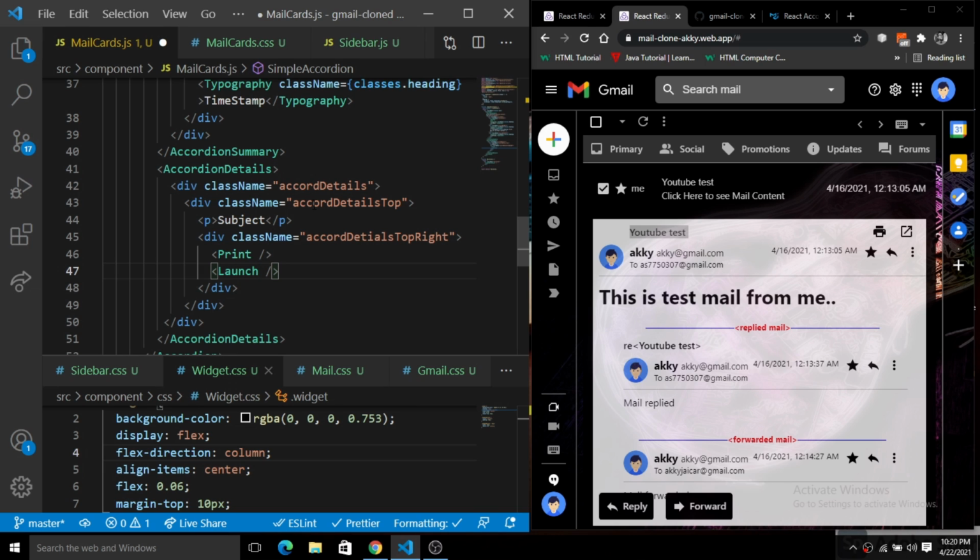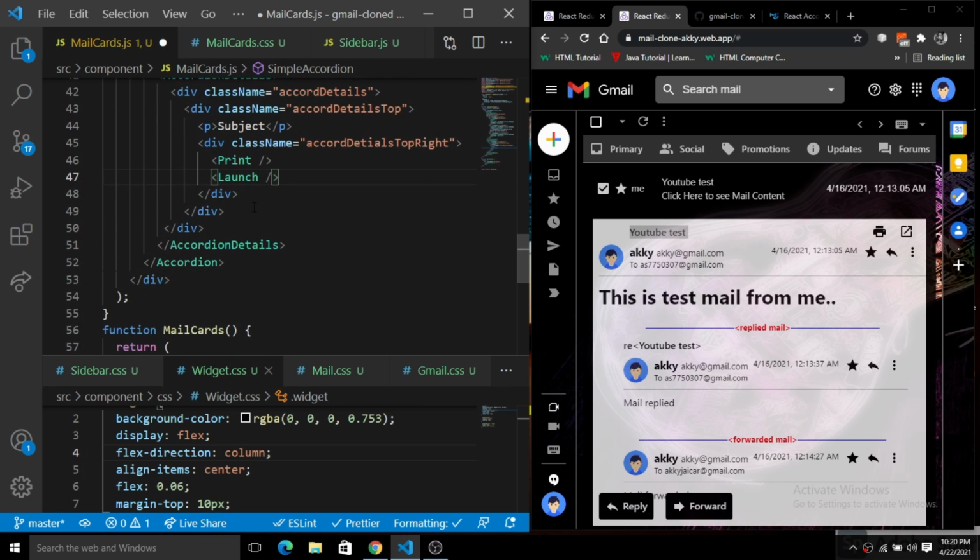Okay, so we have this top thing here. Next we have an avatar, and we have this display name. We have the email from which the mail is sent, and next we have the email to, so to whom the email has been sent. And then after that we have a star icon, we have a reply icon, and then we have a more icon. Okay, so basically we have these things here. So now let's go and create these things also after that.